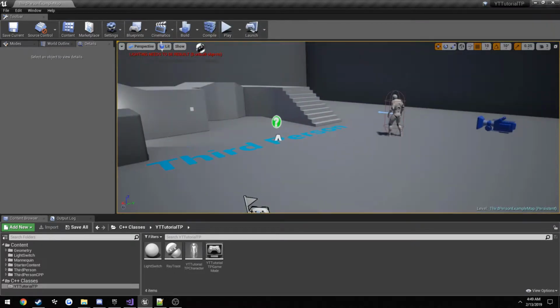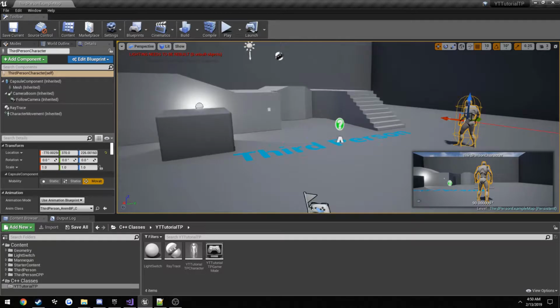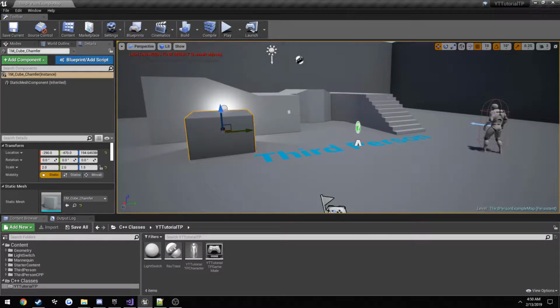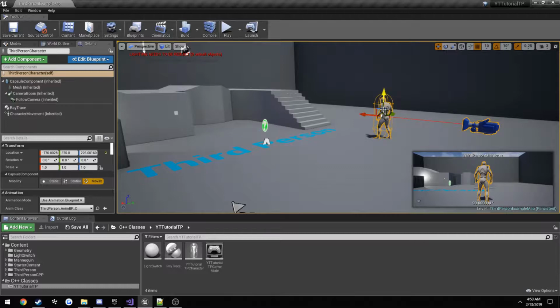This is because we've added our ray trace component directly to this character that's just in the world. Think of it as this object. The ray trace component is only active on this specific character. When another one spawns as we add more and more clients, they're not going to have this ray trace component. What we can do to fix this is go into our project name,